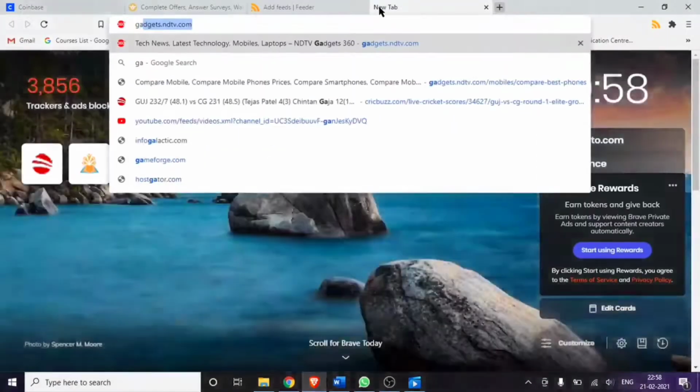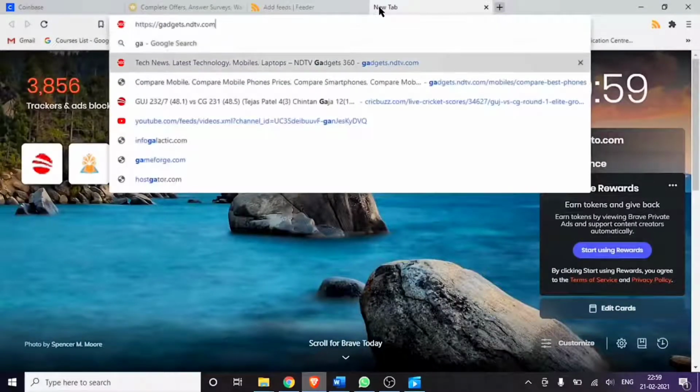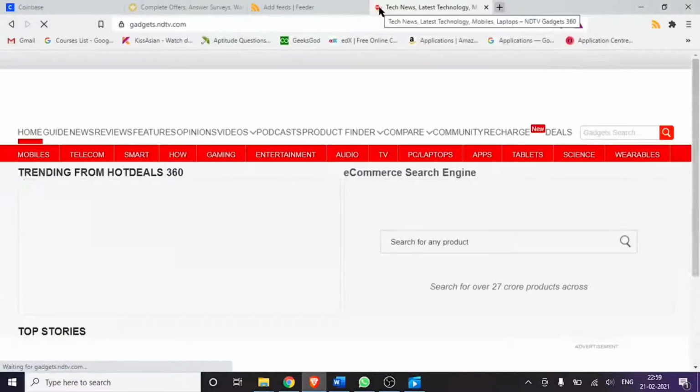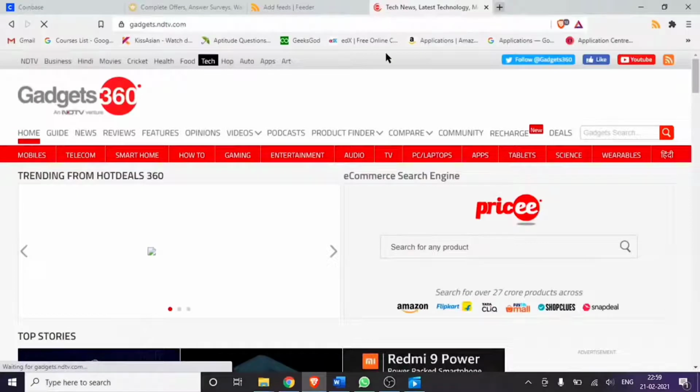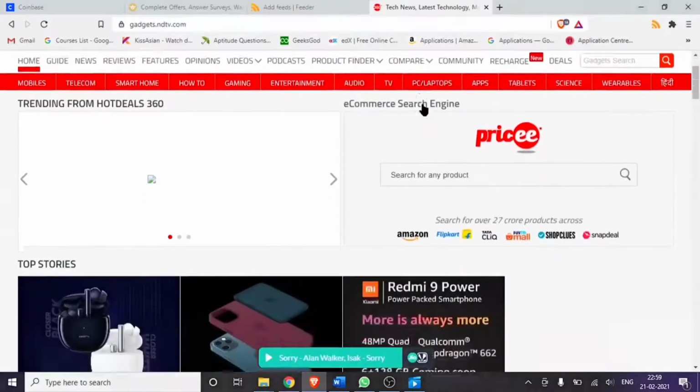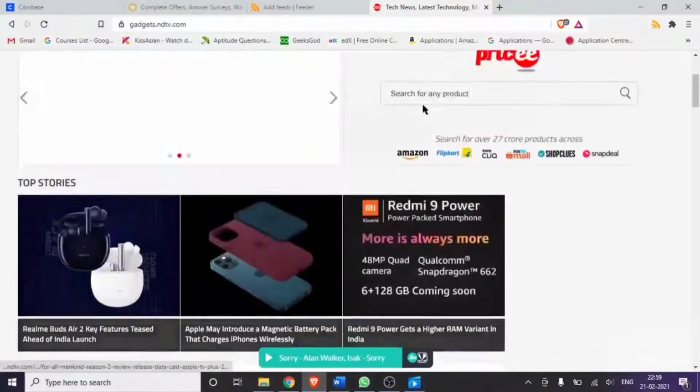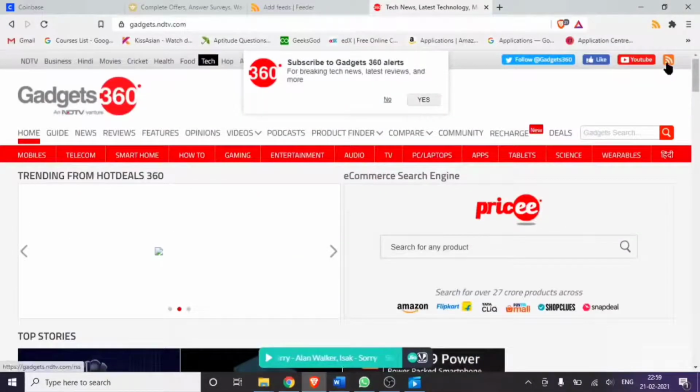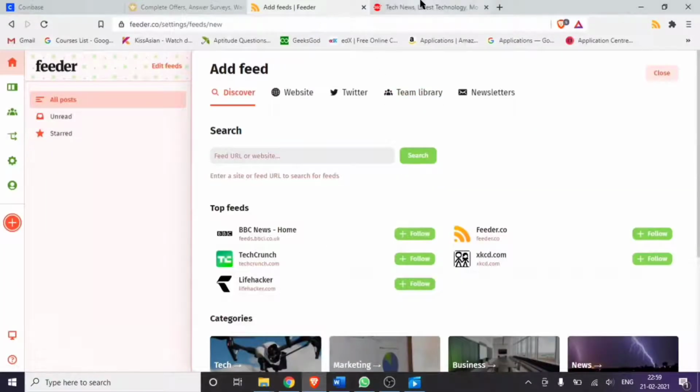I am a techie guy. Whenever I want to see a news update, I have to go to gadgets.ndtv.com and every time I have to scroll through. Instead of that, these kinds of pop-ups will not be shown in these RSS websites.